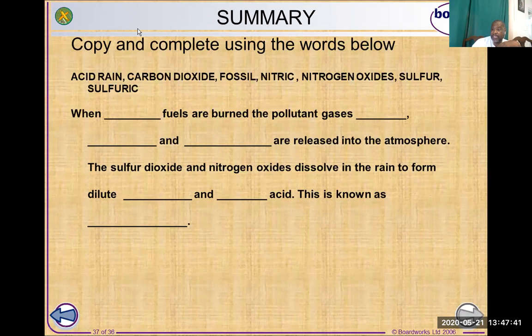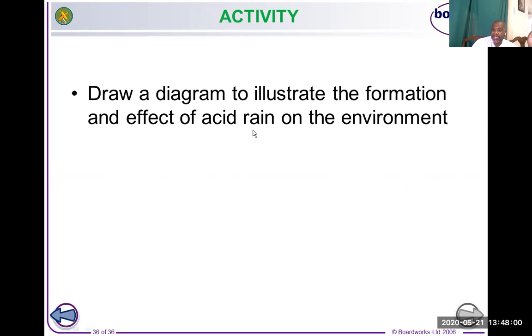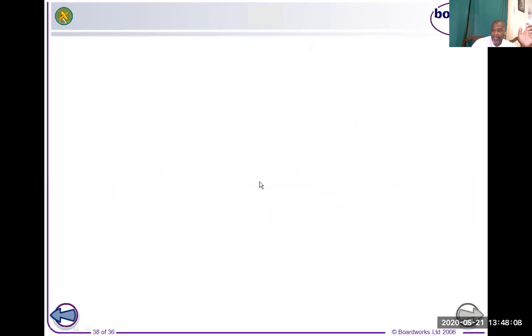So let's look at this. This is something I'll give you to do, and I want you to fill this out as we go along, as we summarize this. So let's look at this one, acid rain, it affects trees. As we say here, something like the fertility of the soil and so forth. Everything is affected. All right. I think I lost my PowerPoint there. So these are some things that we wanted to do. So I want us to go back to,